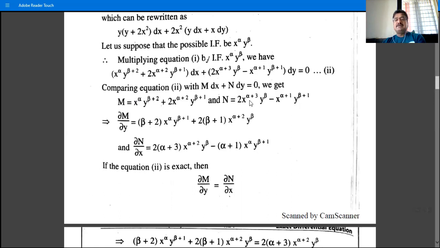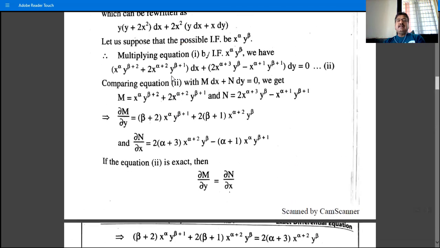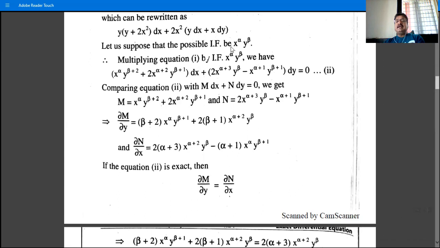Then ∂N/∂x is 2(α+3) x raised to α+3−1, that is (α+2), y raised to β as it is, constant. Then the derivative of this y raised to β+1 is a constant quantity, x raised to α+1, whose derivative is (α+1) x raised to α+1−1. So we have this, and after multiplying, x raised to α y raised to β is the integrating factor. So after multiplying, we have this second equation, and this equation now is an exact differential equation,